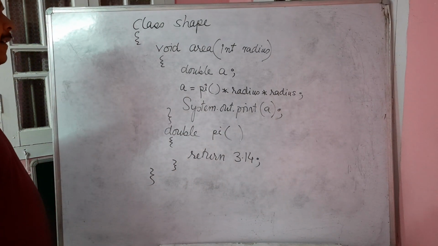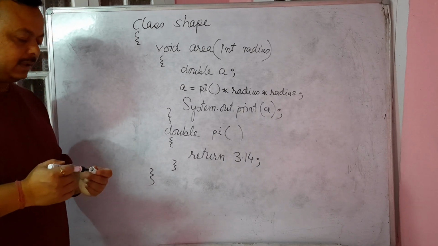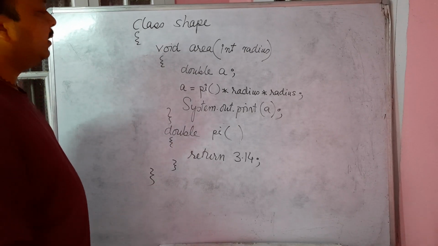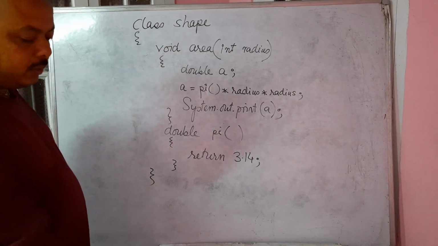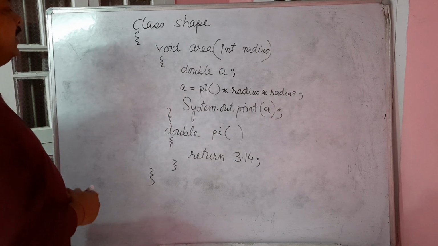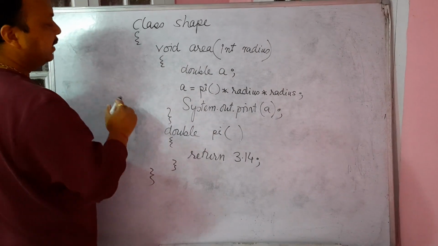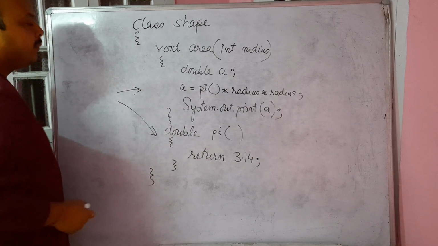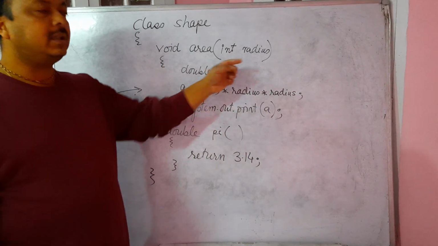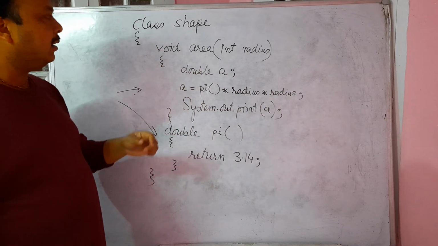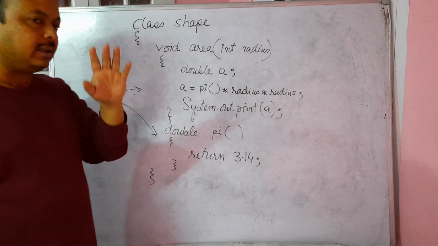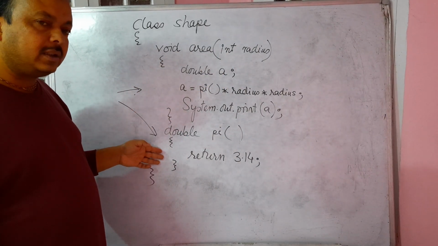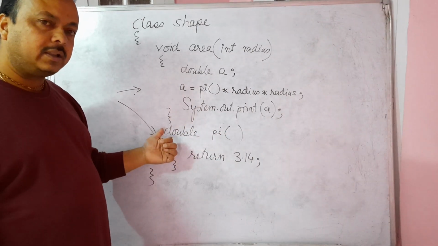So I'm trying to provide and explain the examples with very simple cases, and this will help you to understand. If you look at it very carefully, I have demonstrated in this class examples of different types of functions. The first one, area, accepts an argument but does not return. The first type doesn't accept, doesn't return. The second type accepts but does not return. And this is the third type of function, which does not accept, however the function returns.